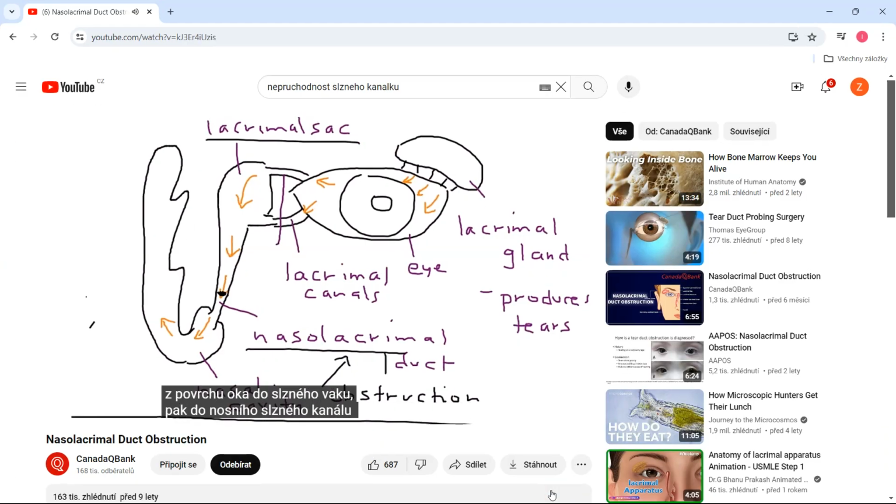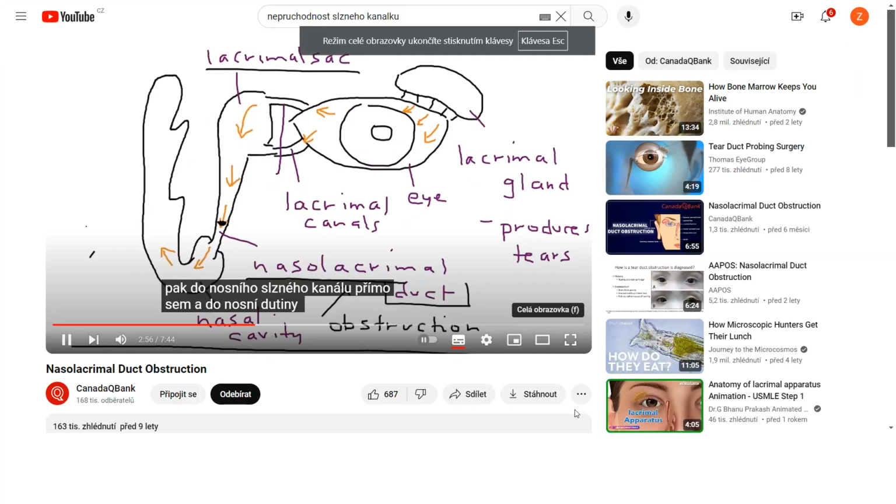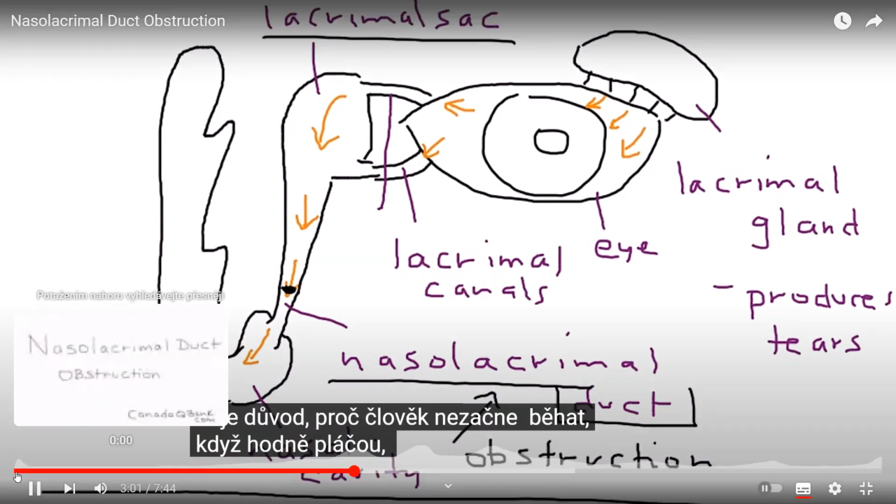Lacrimal duct right here and into the nasal cavity. Now, that's why a person's nose starts to run when they're crying a lot, because that's where the